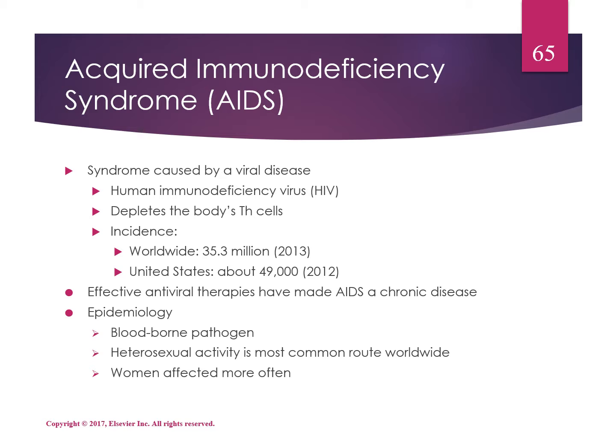AIDS pathogenesis. It is a retrovirus. Genetic information is in the form of RNA. It contains reverse transcriptase to convert RNA into double-stranded DNA. The current treatment for AIDS is